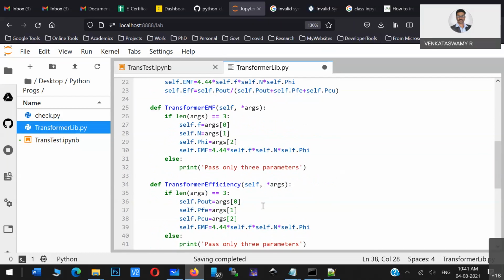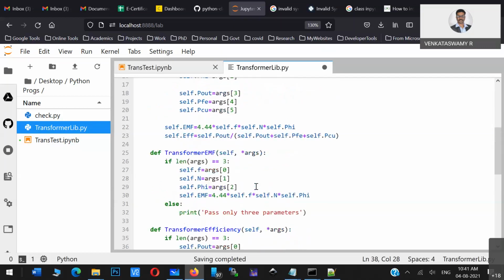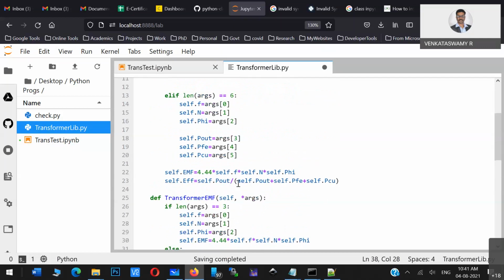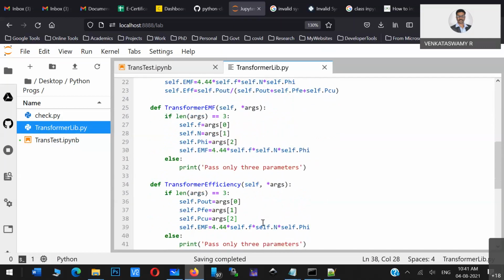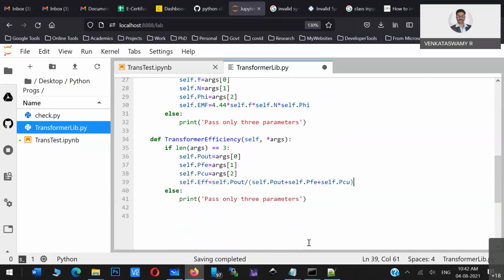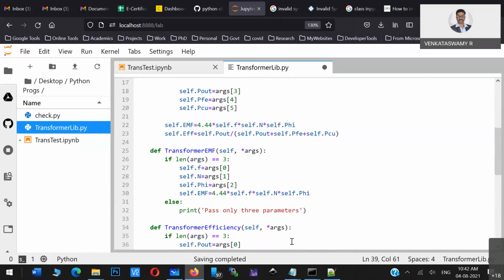P out. P out. Where, Shubham? Yeah, P out, spelling mistake. P out, self.P_out. Yeah. Okay, P out is output power. So now the efficiency equation. The efficiency equation is basically this. The same efficiency equation I am just keeping here. So that means the efficiency function is added here.